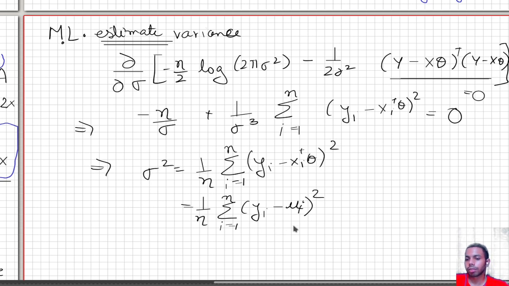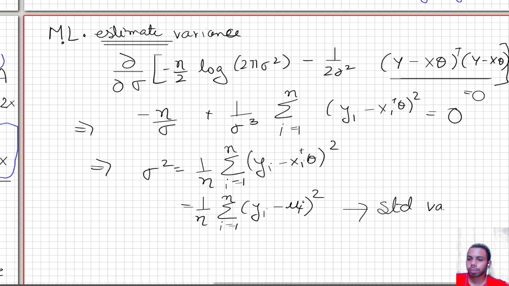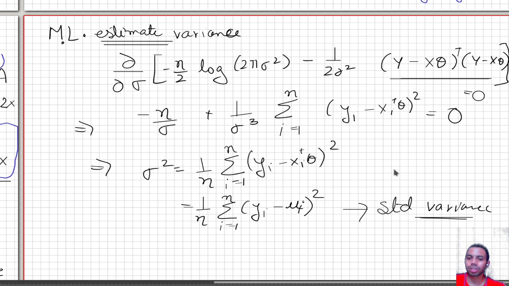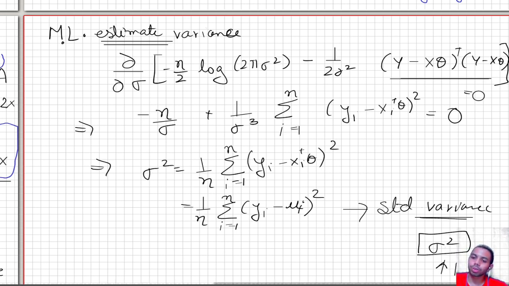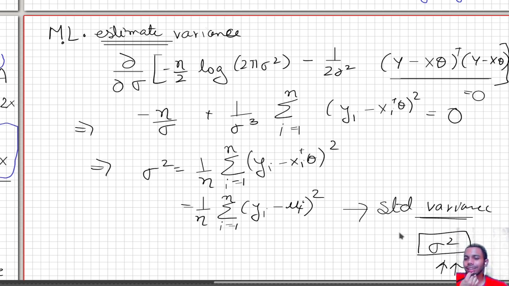This is the definition of the variance. So in case you did not know that sigma square was the standard variance, you just assume that parameter sigma square, and throughout the lecture there was no intuition of it being the variance because we had fixed it. We were not varying it to see how the Gaussians will vary, but this actually shows us the beauty that for this entire thing to work, this sigma square must be the variance of the data. So that is the takeaway for this.